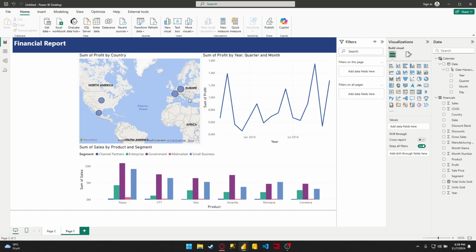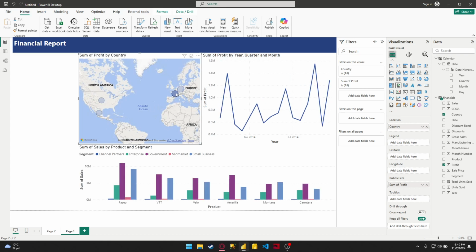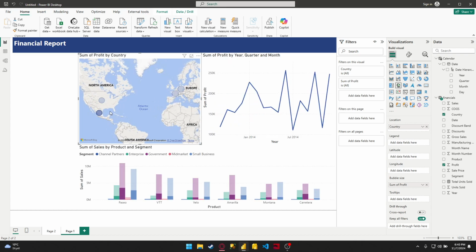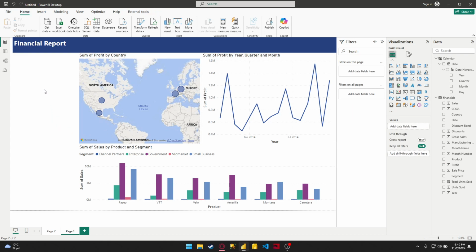So now we can select and see the different ratios, margins per country. We also have a little legend here, which tells us what the data and the colors are representing, and we can see it per each region. But we don't have a timeline. We have a timeline here, but we cannot be specific about the time. So we can fix that. We click here on the empty space and we can add the calendar. So we click on date